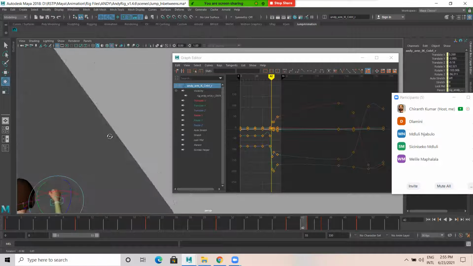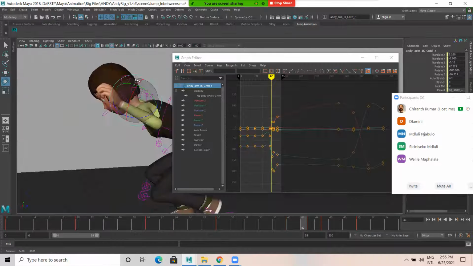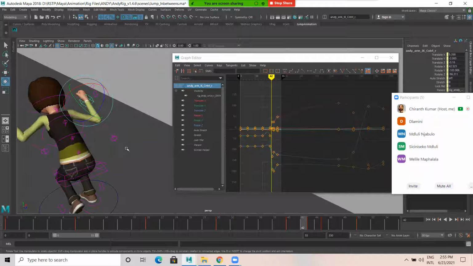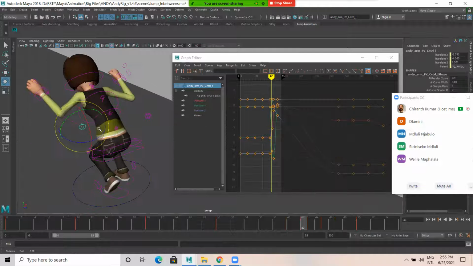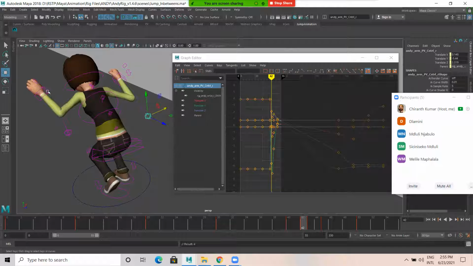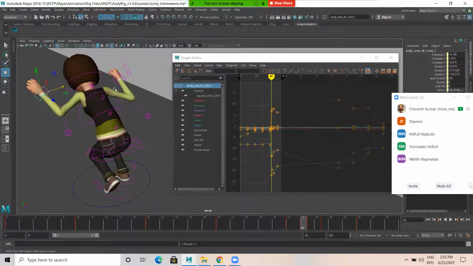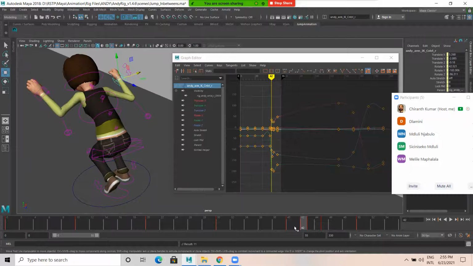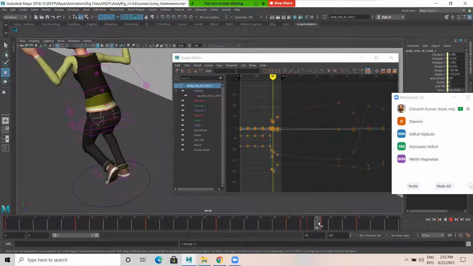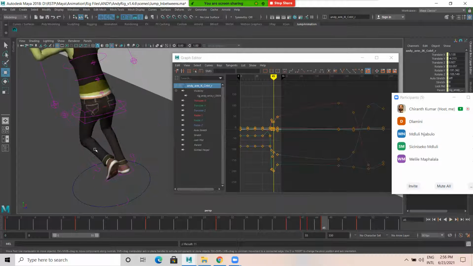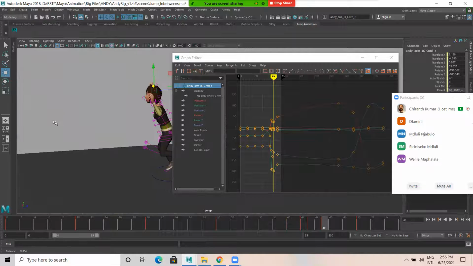I think it's okay. So set key, set key, set key, set key, set key. So 40. See, I don't think there are any issues in this. So this we have done.